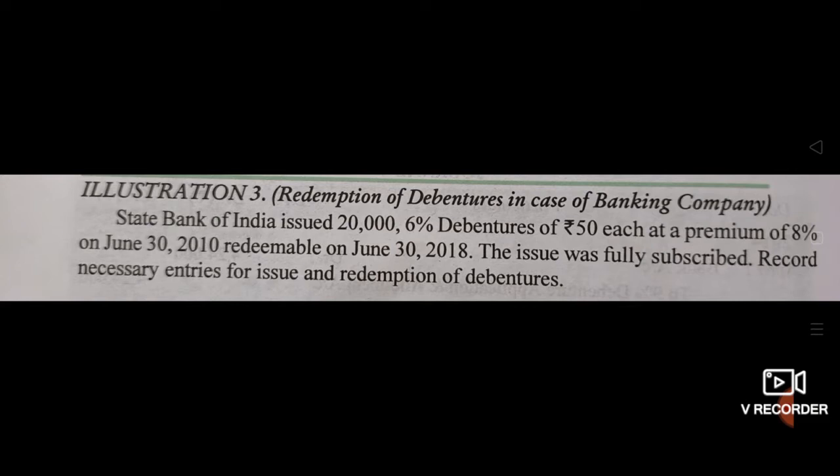Here we have to pass the journal entries in case of this bank, that is a banking company, and we have to keep in mind that as per Companies Act, a banking company is not required to create DRR, and so it is not required to create investment. It is not required to invest the money. That is, a company which is not required to create DRR is exempted from investing 15% amount in any investment. So entries of DRR created and investment made and investment encashed will not be passed in case of a banking company. Okay, so let's start now.